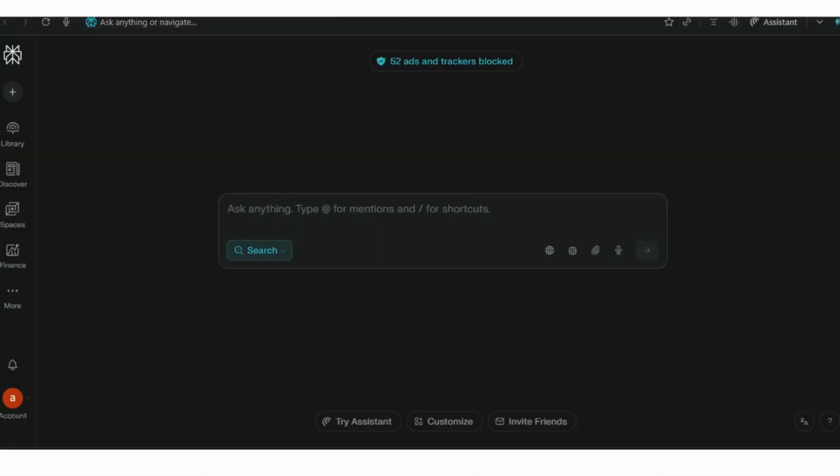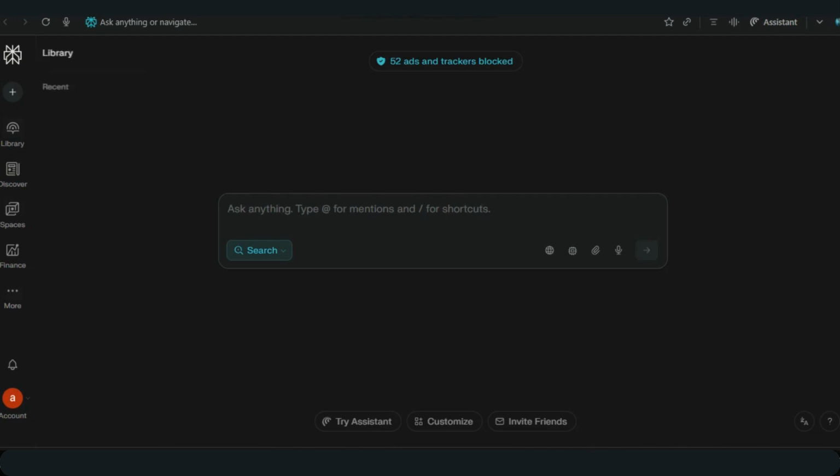This is the interface of Comet AI browser, and alongside different options, you can also find this Comet Assistant panel. This AI panel is basically your personal assistant inside the browser. Whenever you open a web page, article, blog, or even a product page, you can open the AI panel and ask questions about that specific page. And what makes this powerful is that AI understands the context of the page you're on. So it doesn't just give generic answers. And this feature alone can save you hours of browsing time.